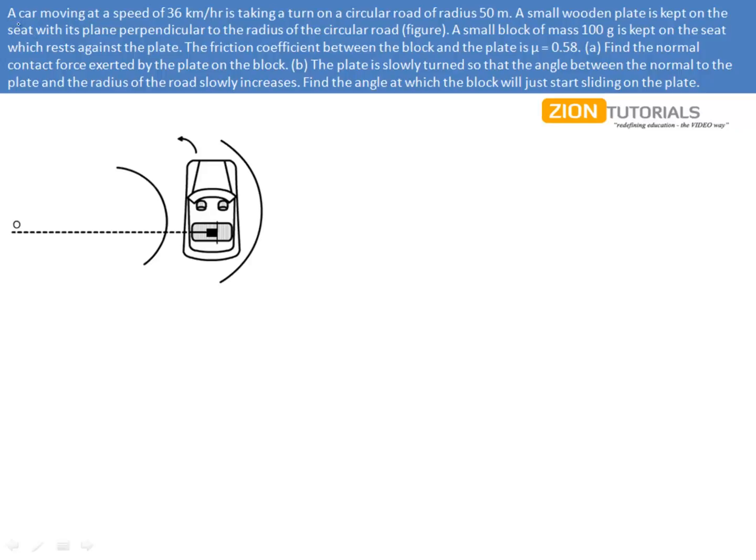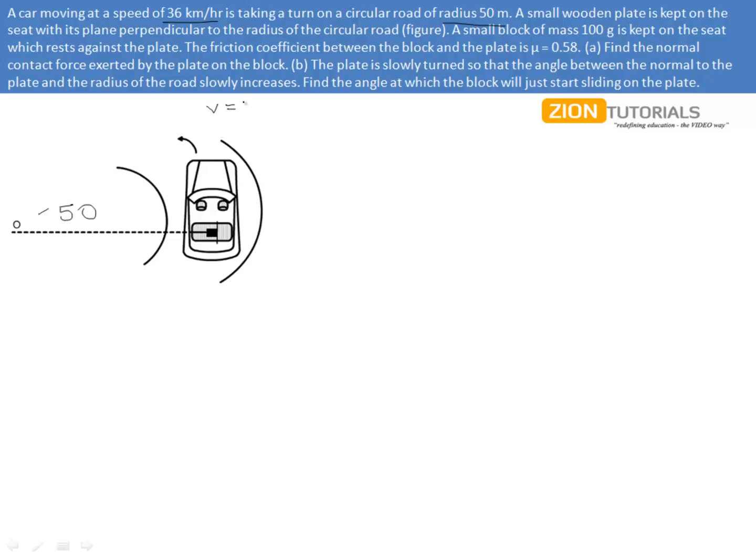The question says, a car moving at a speed of 36 kilometers per hour is taking a turn on a circular road of radius 50 meters. A small wooden plate is kept on the seat with its plane perpendicular to the radius of the circular road. That is, this is the radius r that has been given as 50. This is that plate that has been kept perpendicular to the radius, and the speed has been given as v